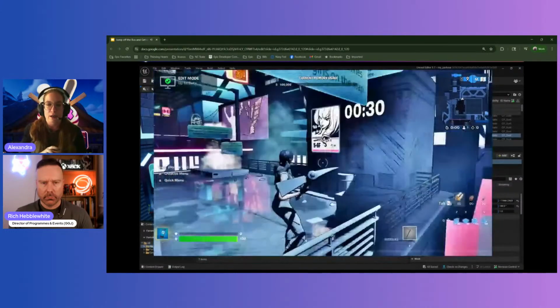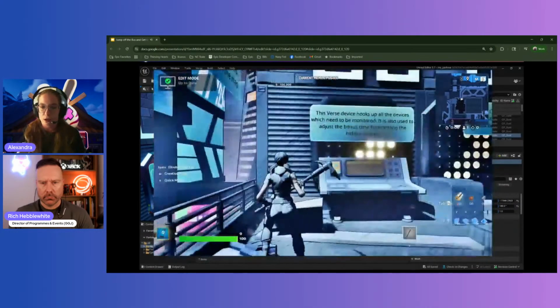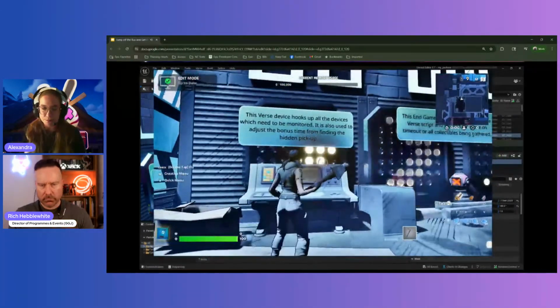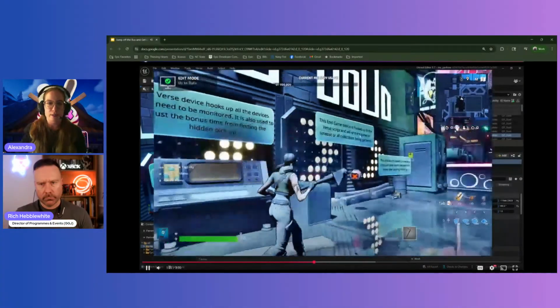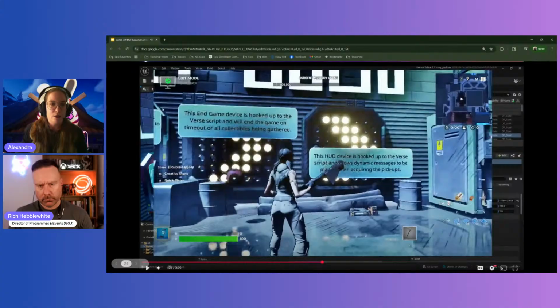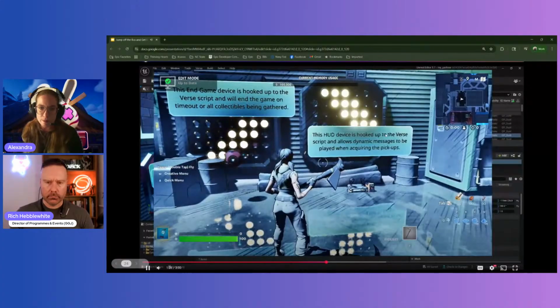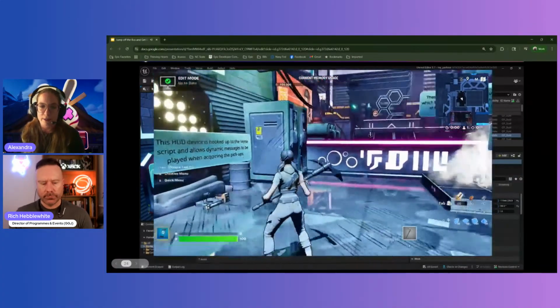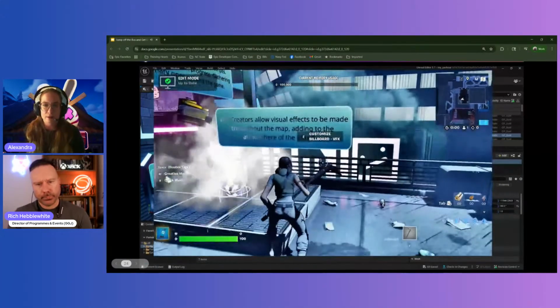So what I did here is I went into a live session, which opens edit mode. You can see edit mode up here in the corner, and you can actually see UEFN behind me. So if there are any changes that I make here, they'll also show up in UEFN. So I'm looking at the devices a little bit more, inspecting them.